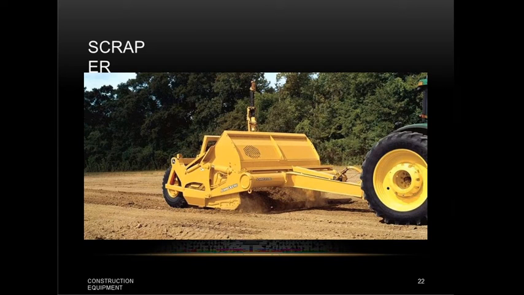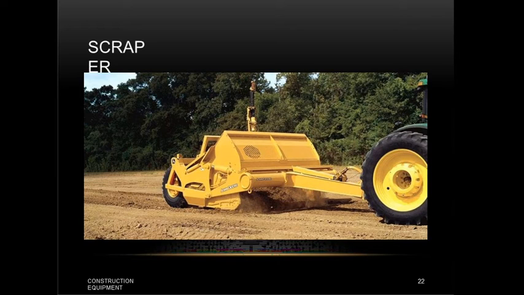A scraper is one of the best loading and best hauling machines. So scrapers have established an important position in the earth moving field. It is a unique machine for digging and long distance hauling of material. It is a self-operating machine which digs and picks up its own load by scraping the ground, and hauls it over the required distance, discharging and spreading the material and then returning to the pit for picking up the next load.